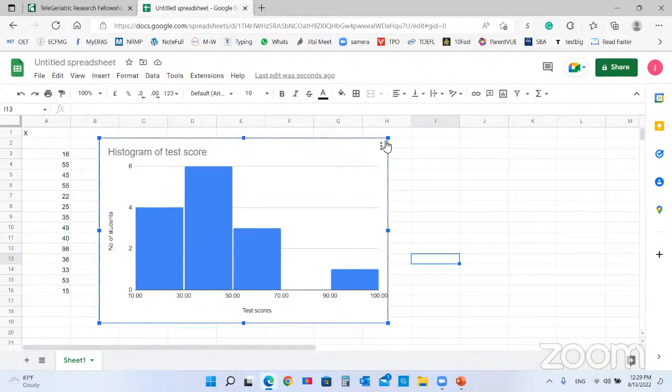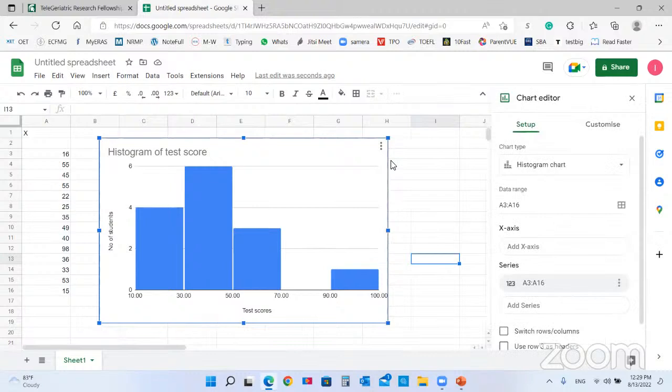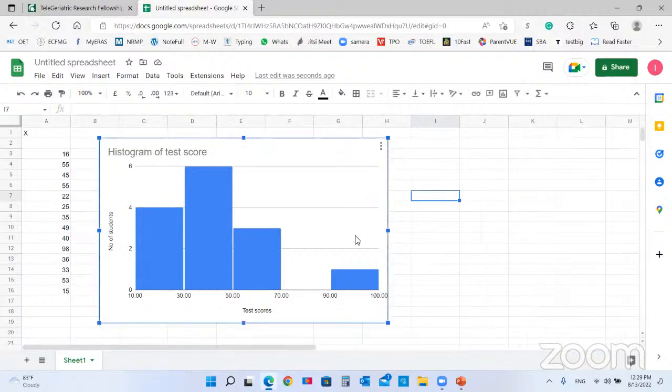Okay. I have another thing to say. This is where you edit your histogram, this right panel. Okay, edit chart, and here you have this panel. Also you could just press here and look at every column. You could see the count and the range. Here the first column, range 10 to 20. You got 4 values here, and you got the range and the count at the same time. So that graph is just a visual summarization of data. Just by looking at this graph, I could know everything.